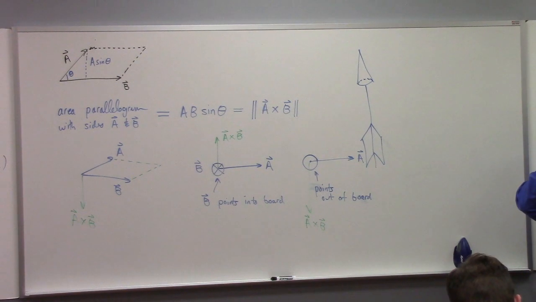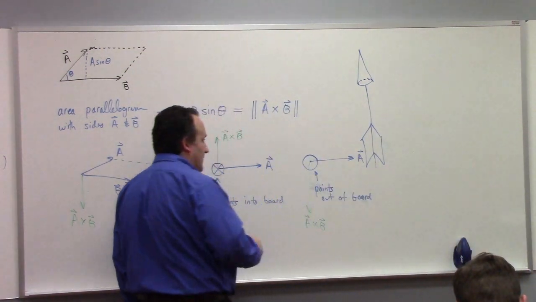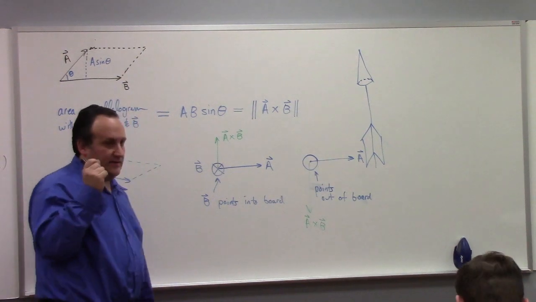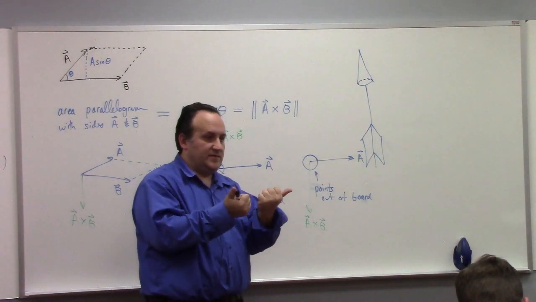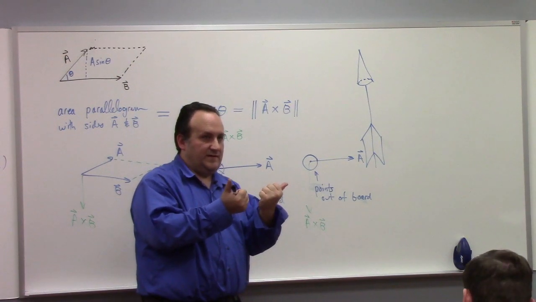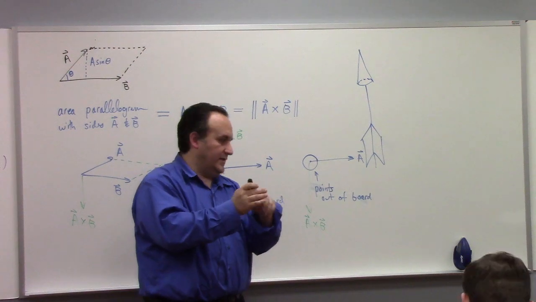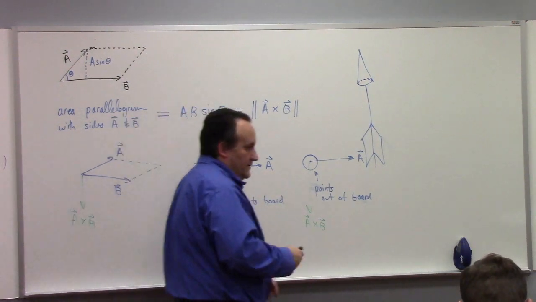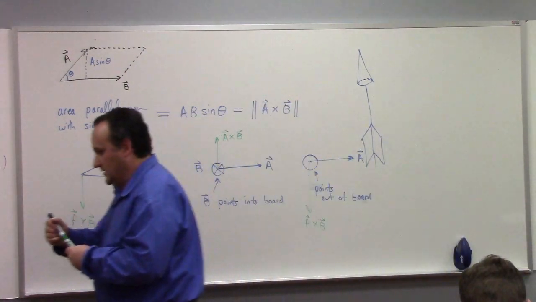Can they only go like the above and below? Well, the key idea is that it has to be perpendicular to both of the inputs. So it doesn't have to be above or below, right? If I look at, like, you know, two vectors